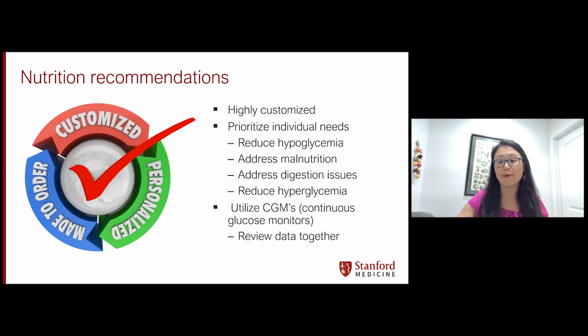And so we really want to think about going to providers that can help create and look at you as a customized, unique, and individual person. But one of the things that I really like to focus on is prioritizing different needs. So when we're thinking about blood sugar control, especially somebody who's giving insulin and taking insulin, we want to think about reducing hypoglycemia. Like Dr. Tan had mentioned, when you have diabetes 3C, you have issues also making and putting out sugar from the liver. And so that's something that we really want to be mindful of.